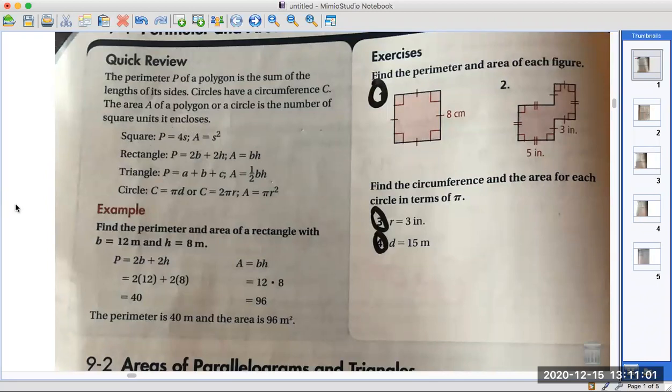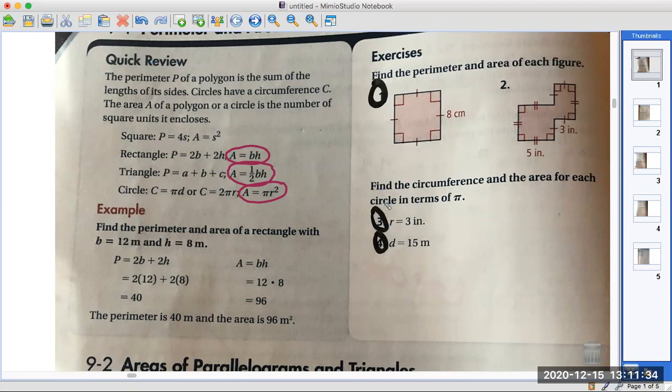So you want to probably put these on your flashcards. This is a simple one, a square, side length squared, a rectangle. The ones you know, you don't need to put on a flashcard. It's the ones you can't remember. So anyways, this is a nice thing to look at. And then perimeter. Oh, and then it gives you an example. Yeah, so you can look at the quick review and the example, and then you're going to do these exercises